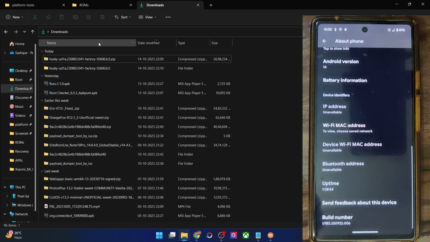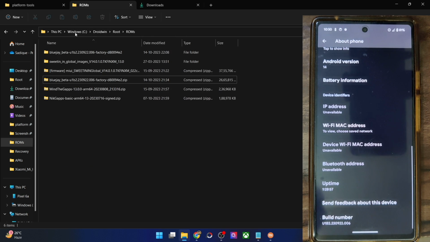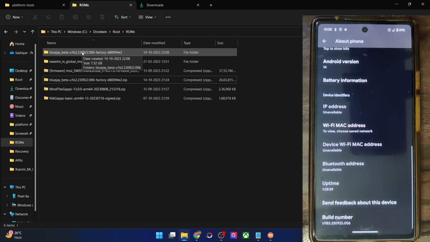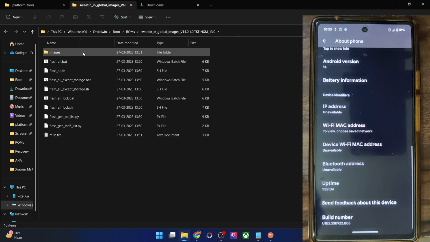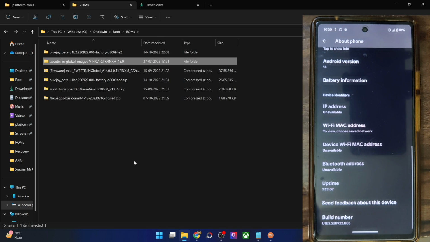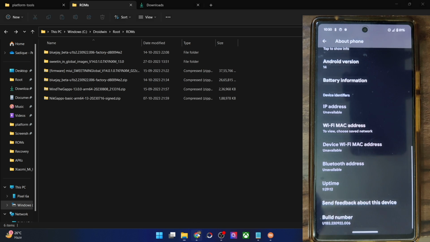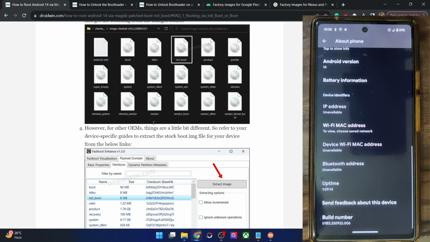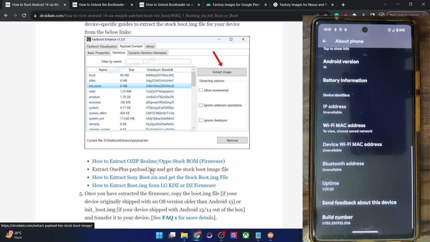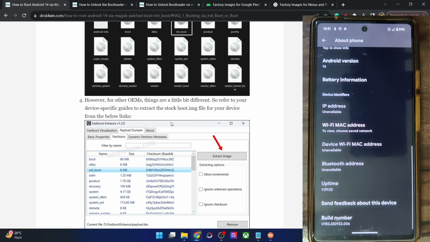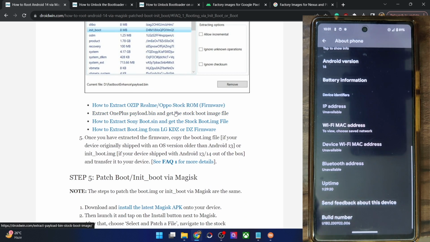On the other hand, in the case of Xiaomi phones, you will have to first extract the .tgz, then you will get a tar file. After the tar file, you will get one more zip file. You will again have to extract that zip file, and after that you will get all the images. Apart from that, when it comes to OnePlus, they use the payload.bin file, so in that case you will have to extract the payload.bin file. Similarly, in all these cases, the extraction process varies depending on the firmware that you own. Once you have extracted the firmware, make sure that you get all the image files.